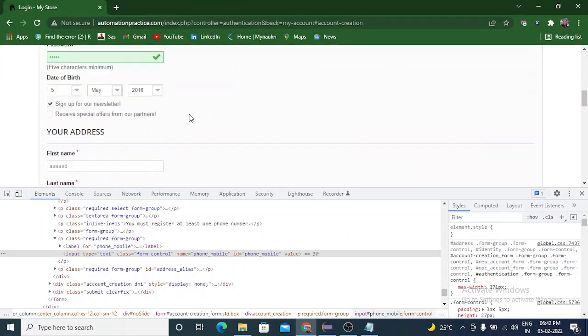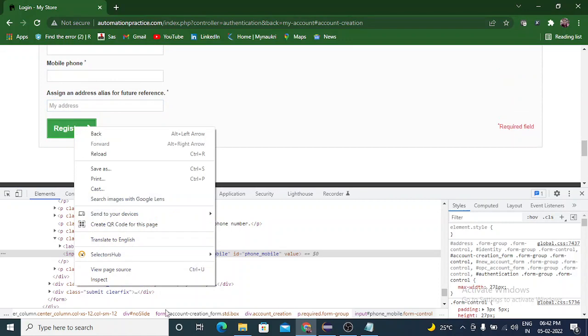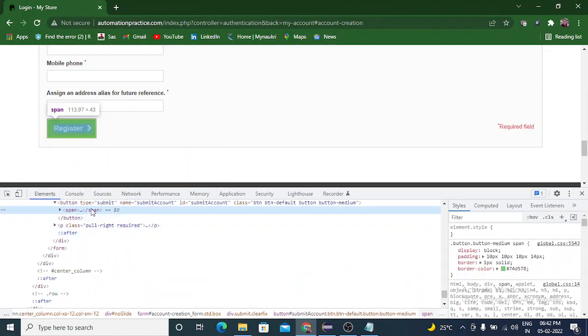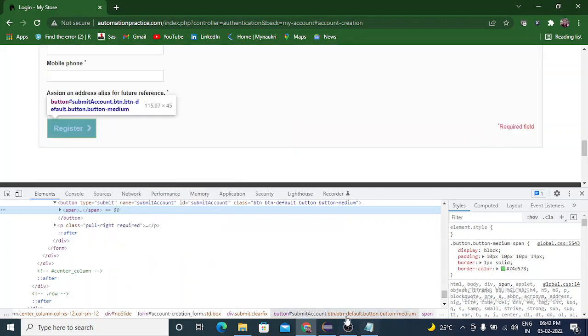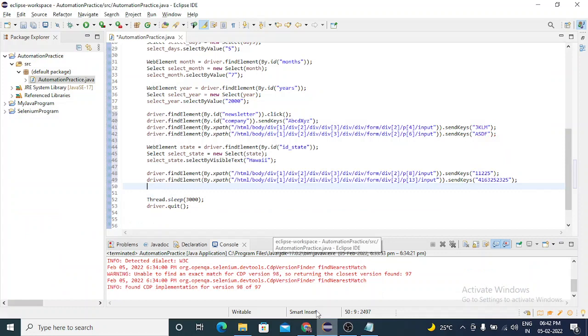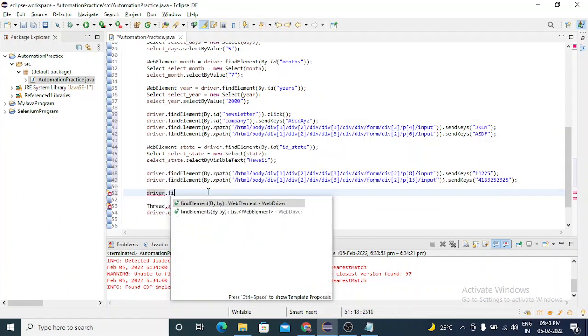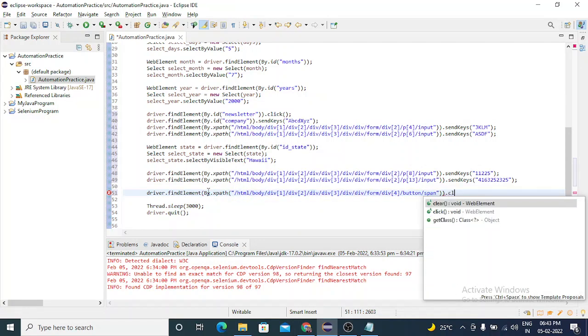So our page is ready. Then we need to click on register button. So inspect that register button. This is the path. Copy the full XPath. Driver dot find element. Find that element by dot XPath. Then click.